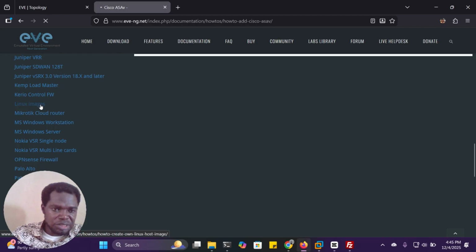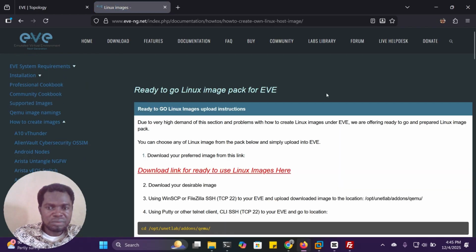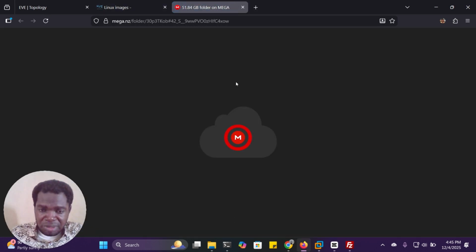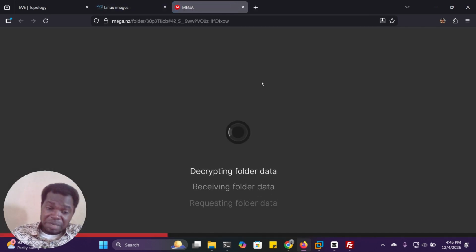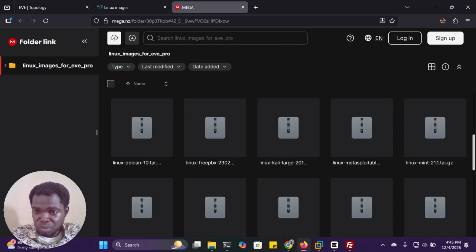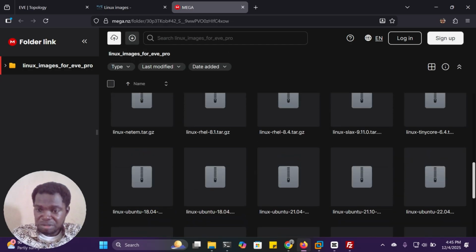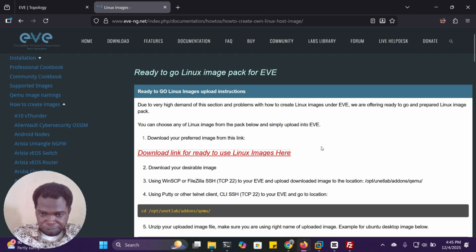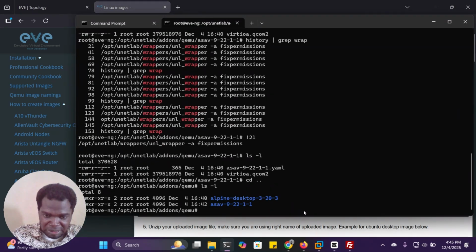Linux images. As for this one, you can click the download links here if you want to use images, or even Java. I prefer the one from Cisco because it is very updated, so that is why I used it. These ones are a bit old. Some of the things are not updated, but some of them are updated, but they are heavy. I'm managing space on my hard drive too, so that's why I use lightweight ones. I'll just show you this one because it's not self-explanatory unless you download the image to check it.